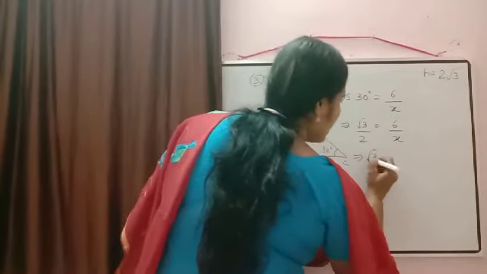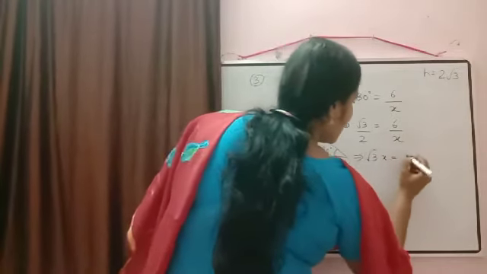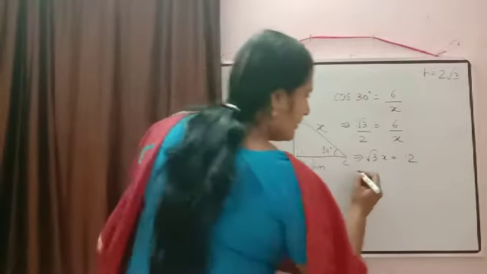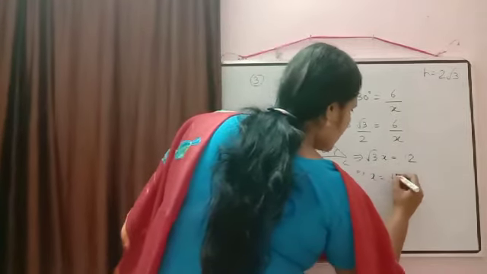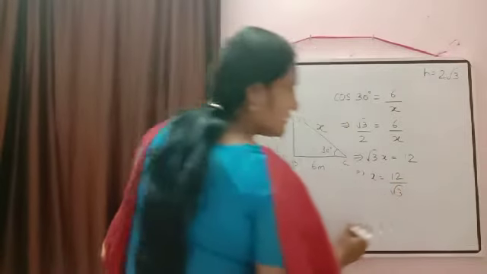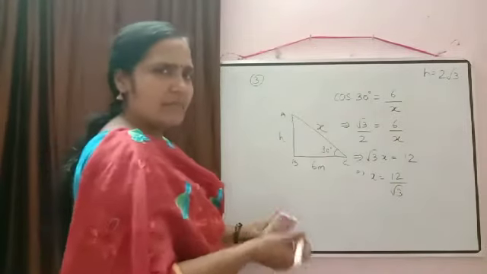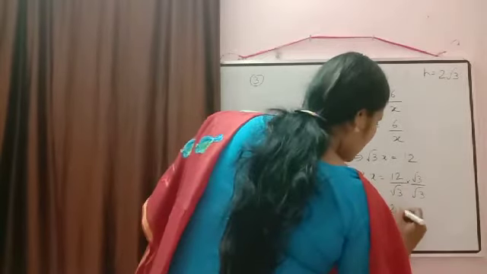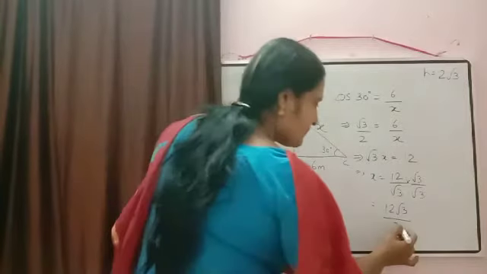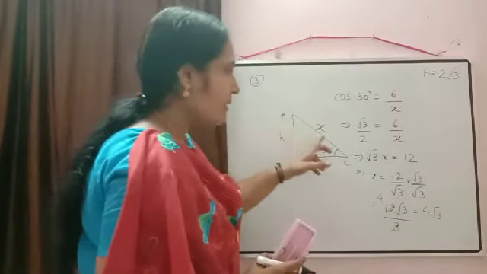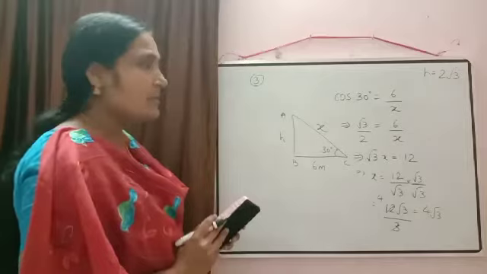Again we can do the cross multiplication. Then it will come root 3x is equal to 6 2s are 12. Then we will get here x is equal to 12 by root 3. As we did in the previous one, shall we rationalize here? Then it will be equal to root 3 by root 3. Then we will get 12 root 3 by root 3 into root 3, which will be equal to 3. So we can cancel here. 3 4s are 12. So we are getting here 4 root 3. So we got the value of x as 4 root 3.